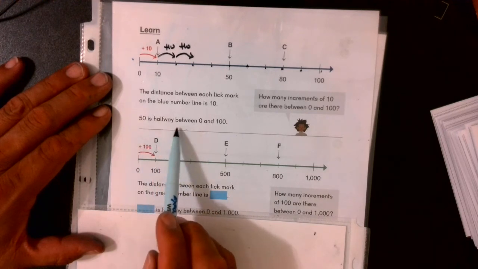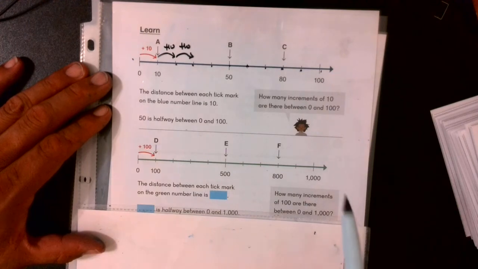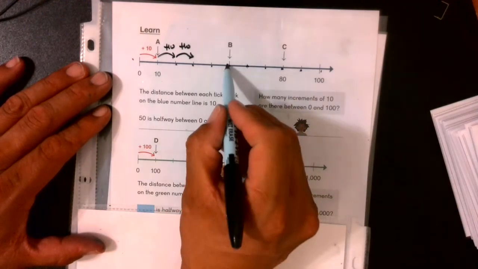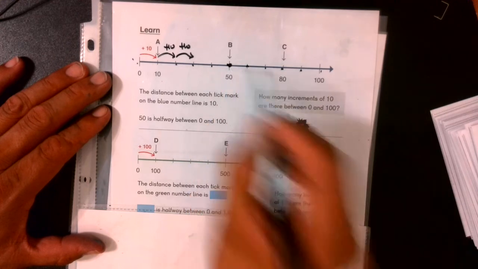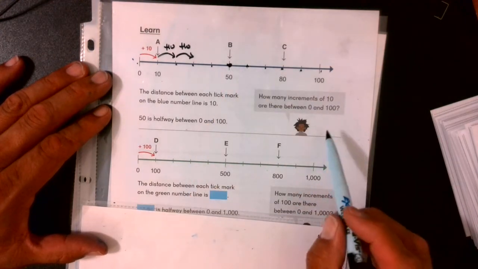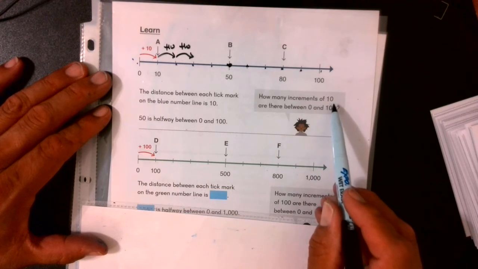50 is halfway between 0 and 100. We know that. That's B. That's the number B. 0 to 100 is B. Okay? So, we know the increments of our tick marks is worth 10. Okay? So now,